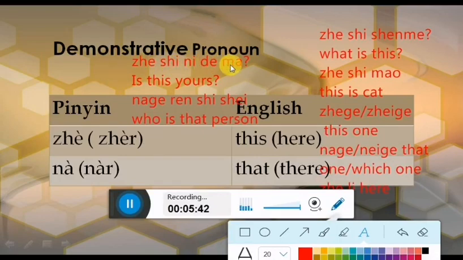这是你的吗？Is this yours? 那个人是谁 Who is that person? 这是什么 What is this? 这是猫 This is cat. 这个，哪个，那个，这里